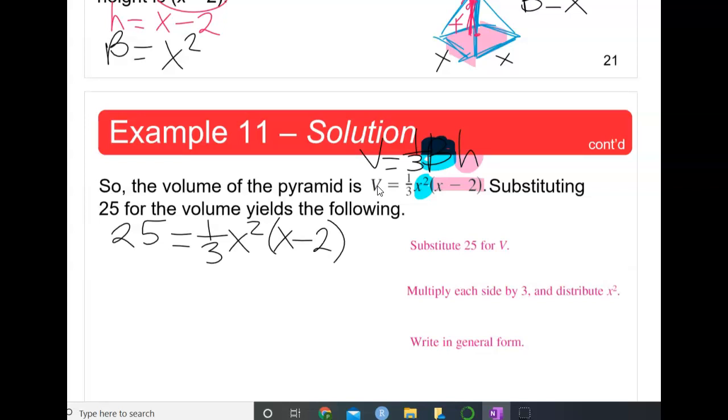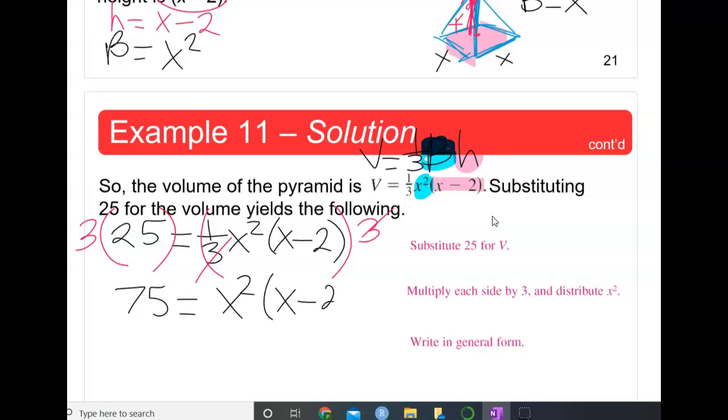Okay, so for simplicity, we're going to multiply each side by 3 just to clear the fraction. We do that because we have a 1/3 here. So then we will get 75 is equal to x squared times x minus 2. Now I'm going to go ahead and distribute the x, here and here. So that will be x to the 3rd power